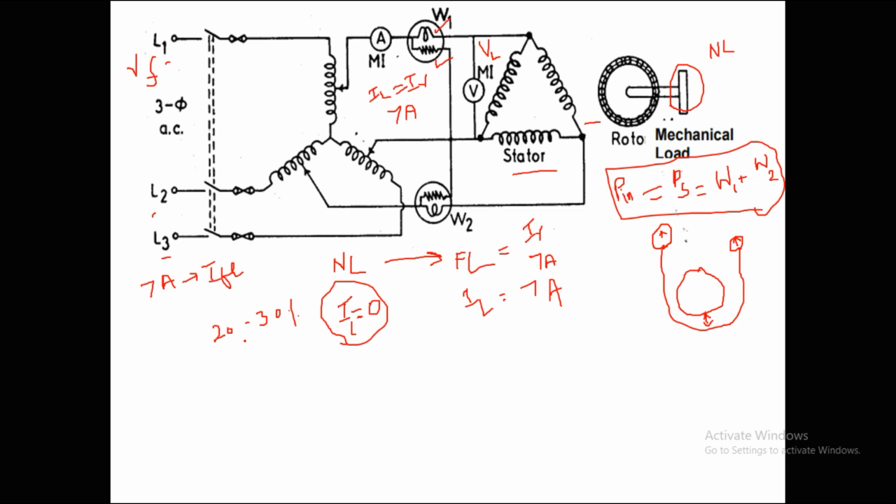So we used to call this the no load current, 7 ampere. Starting from 20 to 30 percent of 7 ampere until it reaches 7 ampere, we can give loading step by step to an induction motor. So this is the first step about the ammeter reading, and we know we have to maintain rated voltage and frequency. So we can expect the same voltage from no load till it reaches full load, so there is no change in the voltmeter reading.